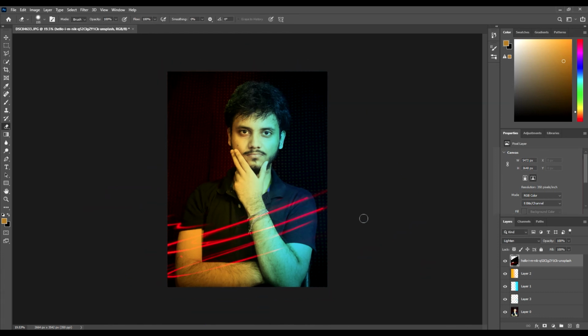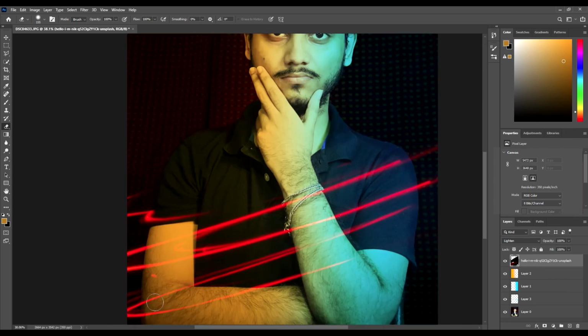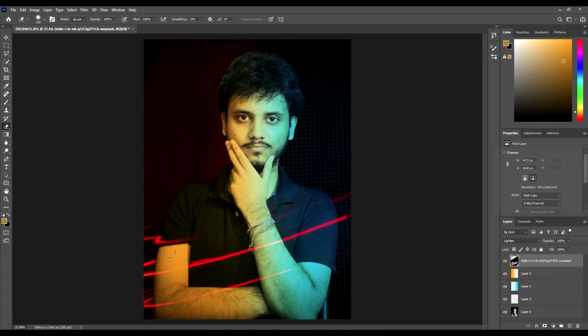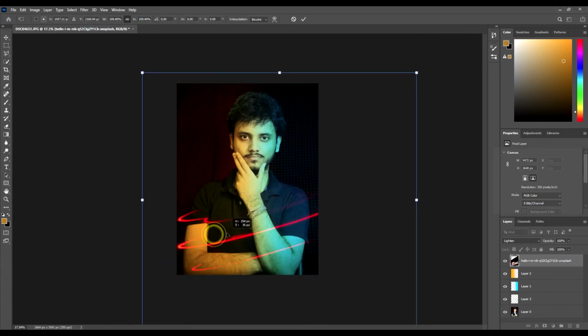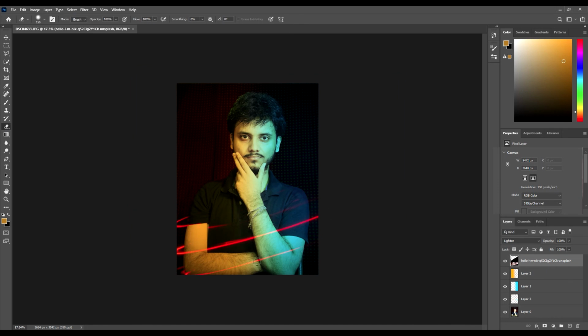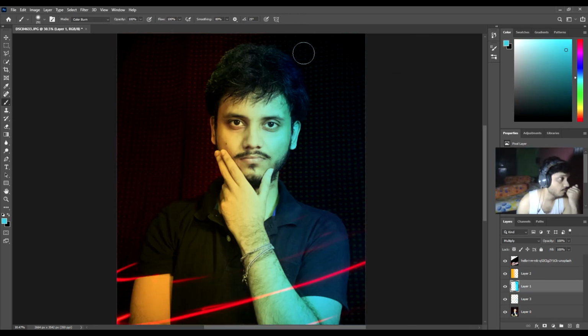If you have rings, the rings must start from the front of your body and then rotate around its back, right? And to do that, you need to erase the part of those links which actually lie behind your body. So let's do that. As you can see, this part of the ring actually lies behind my body, and this part too. So now what I'm doing is I've just selected the brush tool, and I've selected the colors from